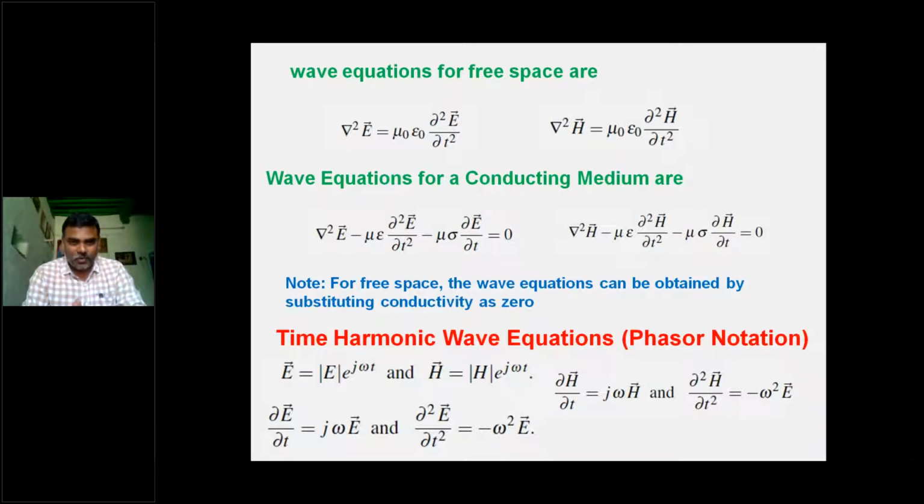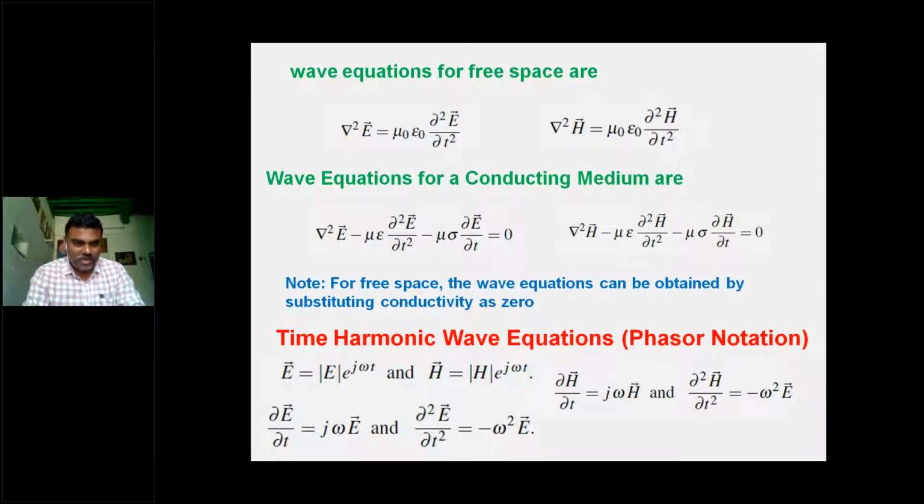And if you want to write those wave equations in the phasor form, that is the time harmonic form, here we have to replace the field E of Z comma T. Actually, we said the field is a function of 2 variables, distance Z and time T. Now if you write the phasor form, we have to write the magnitude of that field and then the time factor. So the field in phasor form can be represented as the magnitude of that field times e power j omega t. Generally, we can say the real part of E into e power j omega t is the electric field. Similarly, H is magnitude of H times e power j omega t.